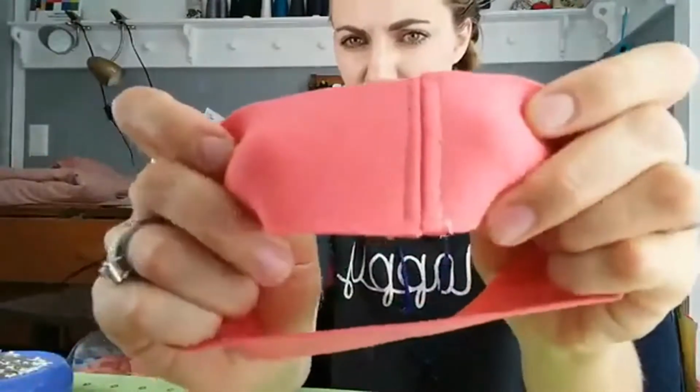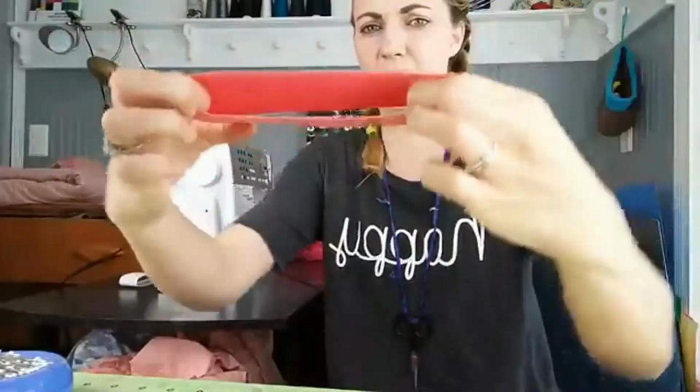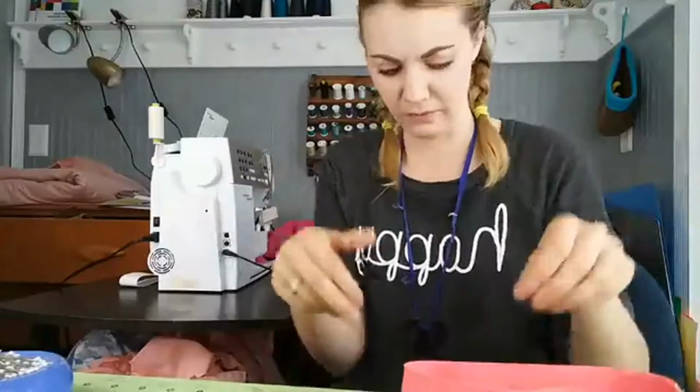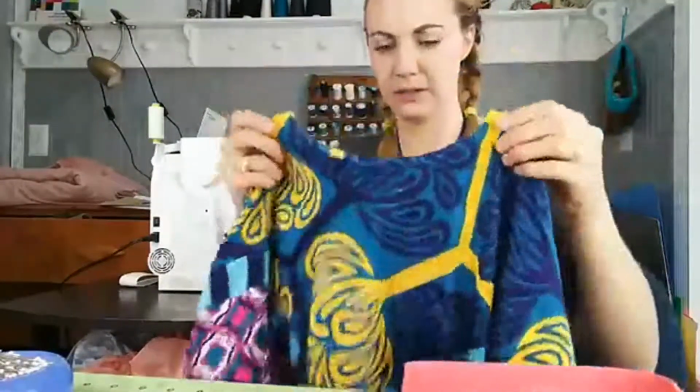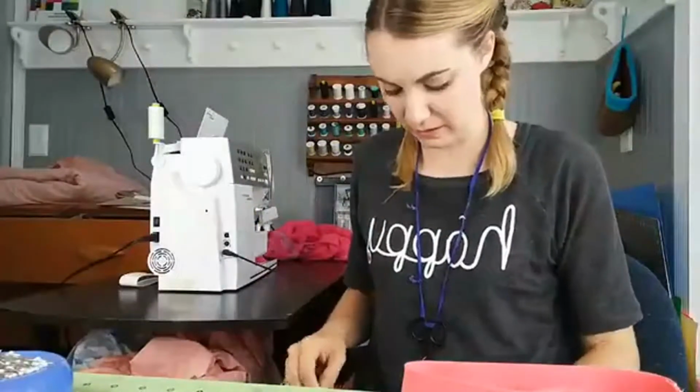So see how that's sewn flat, and here's the right side, and that is to make it so it's flat, so it's soft when it's up against someone's body. So this is the loop for the skirt, and then we're going to take this scarf and